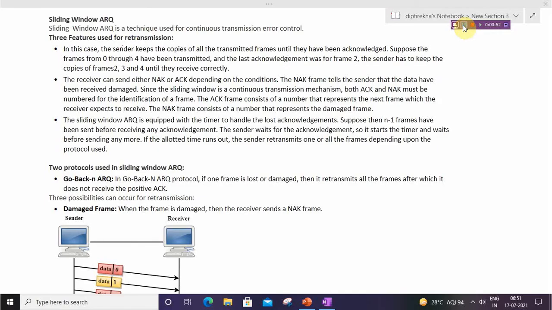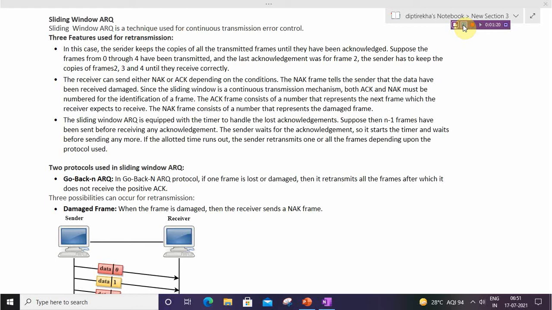First of all, we have to understand what sliding window ARQ is. The previously discussed ARQ is stop and wait ARQ. In stop and wait ARQ, a single frame is sent by the sender, the receiver sends an acknowledgement after getting the frame, and after getting the acknowledgement, the sender sends the next frame.